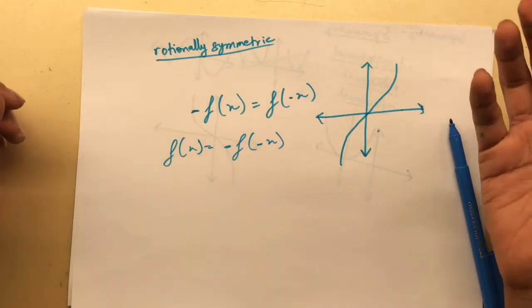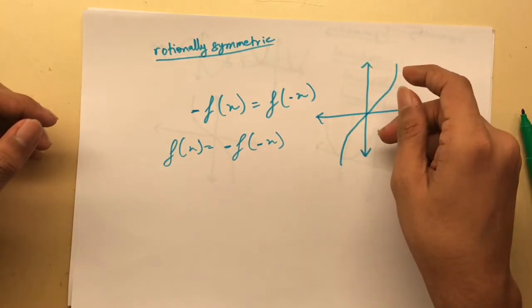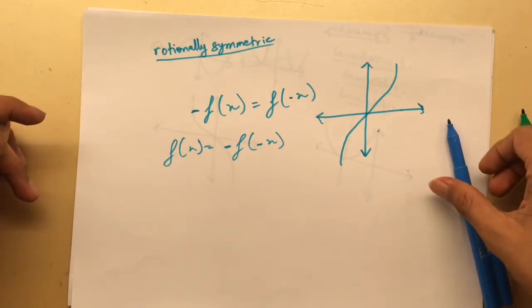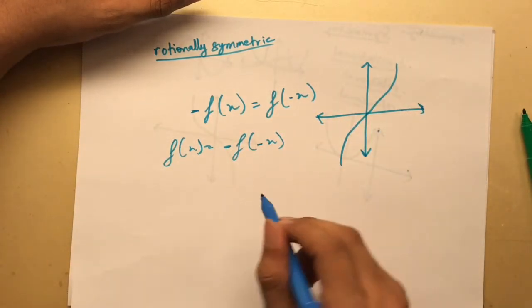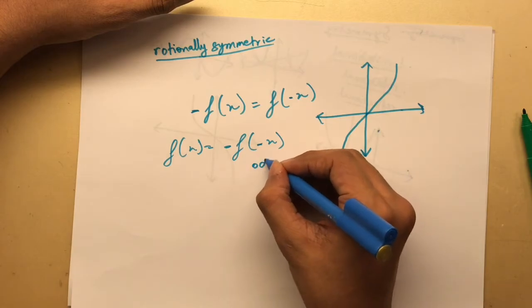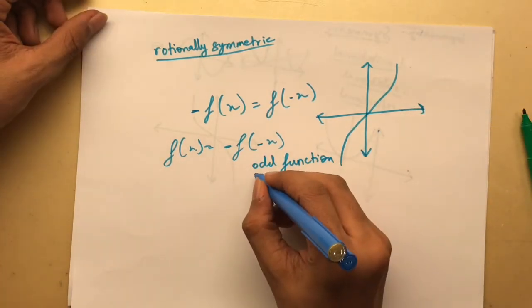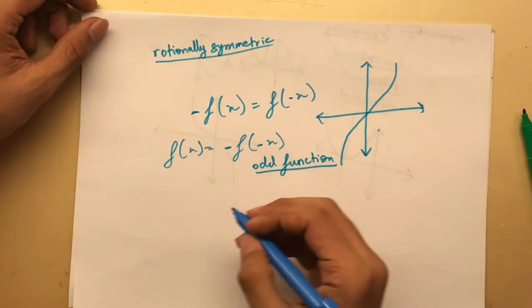And that is exactly what rotational symmetry is doing. It's moving this by 180 degrees, which is the same as reflecting it along the x and the y axis. So if a function satisfies this condition, it's known as an odd function. So any function that's rotationally symmetric around the origin is known as an odd function. And an even function